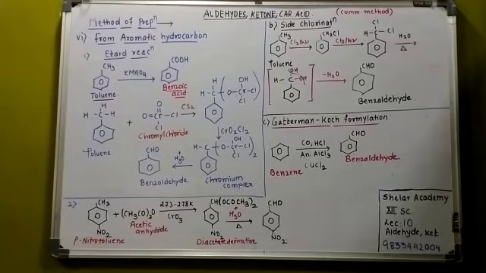Again, a name reaction, a simple reaction. Just remember the conditions of it. Benzene reacted with CO, carbon monoxide, HCl, anhydrous aluminum chloride and CuCl, that is cuprous chloride. It is converted to benzaldehyde. Okay, it is formylation. Formylation मतलब क्या? Formyl. Formyl मतलब क्या? Aldehyde. The aldehyde group is introduced in benzene, that is called benzaldehyde. Okay, so these are the different methods by which you can prepare.